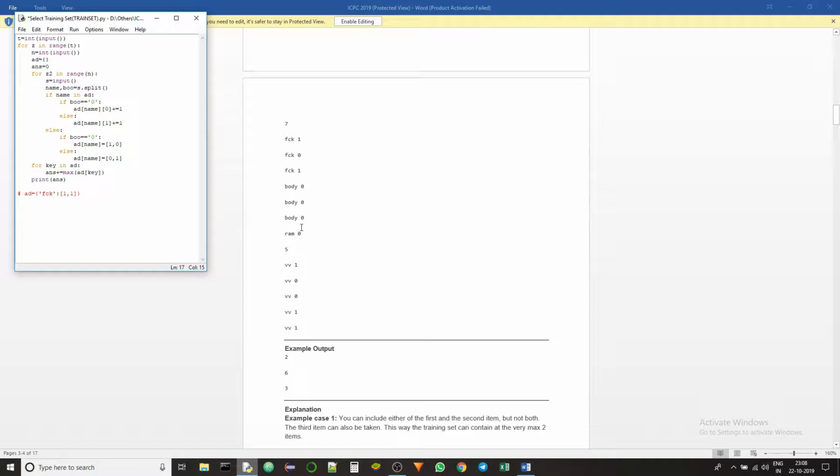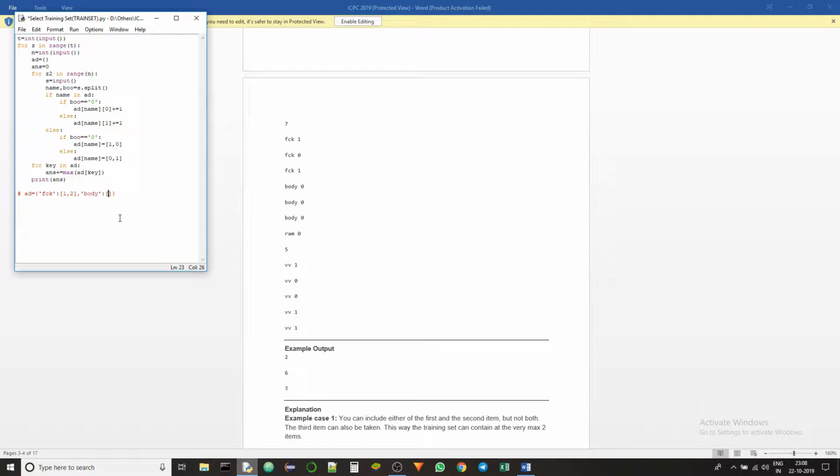Now let's go through these inputs and see how the dictionary is shaping out. So first it will be like this with the first entry, and then we got a 0, so now this will be 1, and then we got a 1, so now this will be 2, right? So these three are done. Now we encountered body, right? Now we need to also put body into our dictionary. So we'll add another key named body,